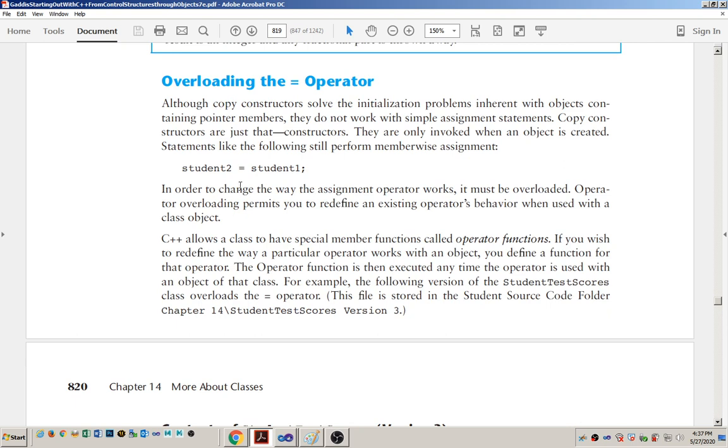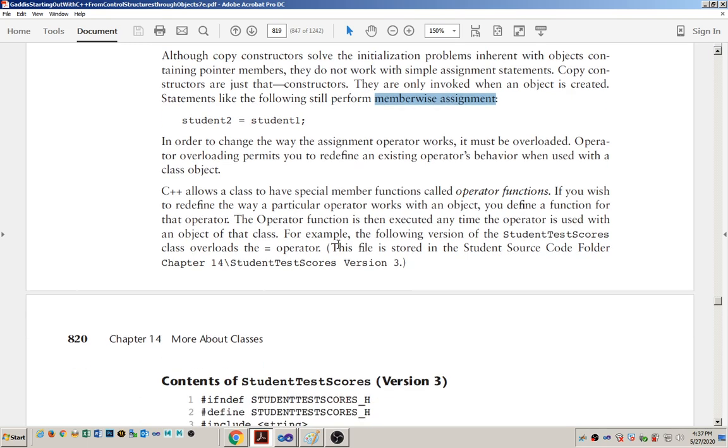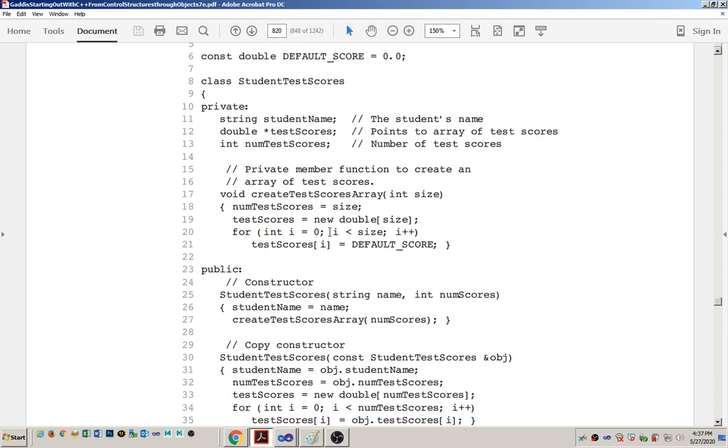Okay, so here they're just showing you that this is a member-wise function, like we saw before. So that's the only one that's already built in for you, the assignment operator. That's the only one you get for free. Like I said, anything else you have to provide code for. So the way that you do that is by providing it,